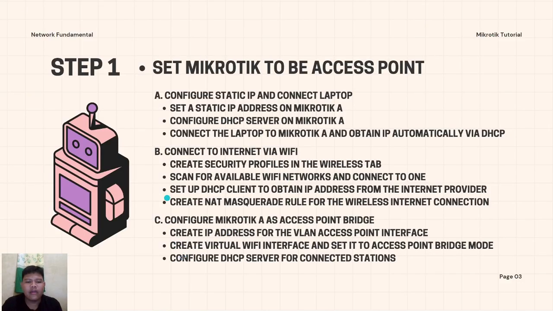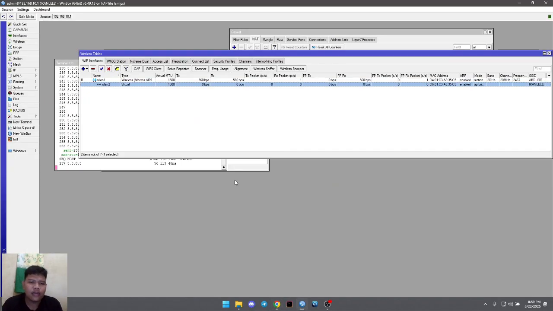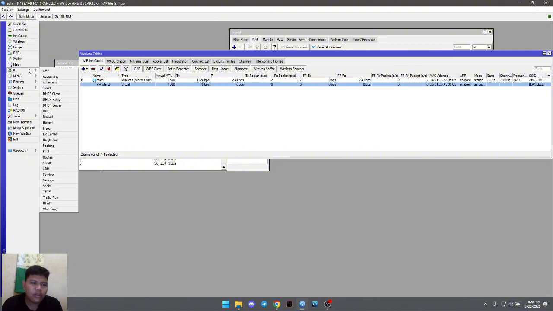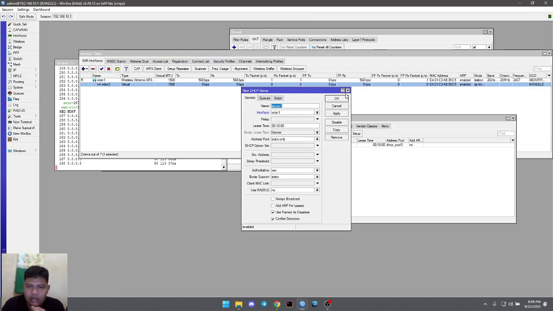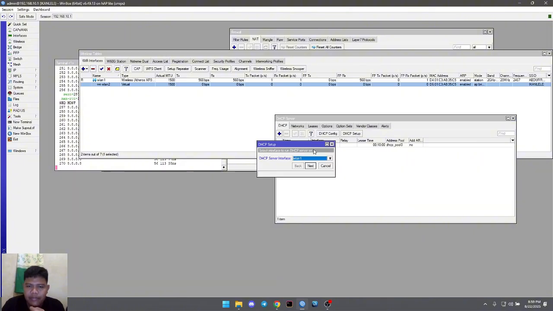And then we configure the DHCP server for connected stations. So you can click the IP tab and then go to the DHCP server and then plus and then the DHCP setup to wlan2. Then next, oh yeah, I forgot, sorry.